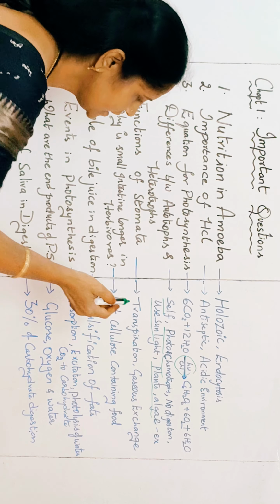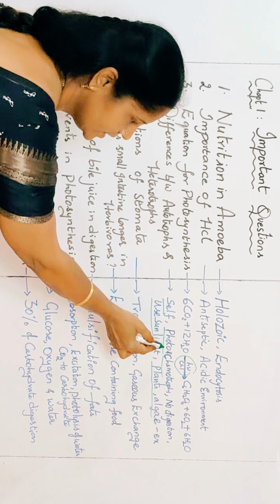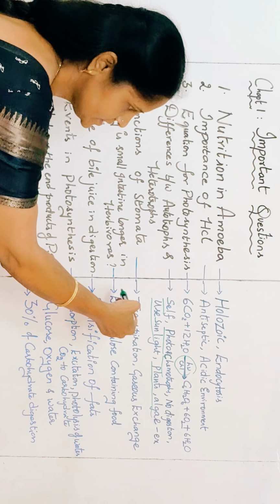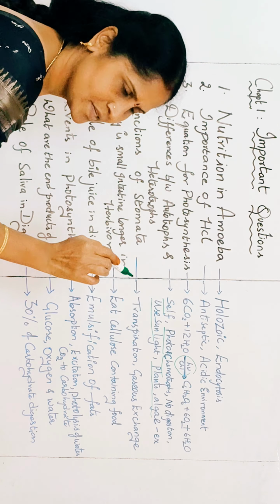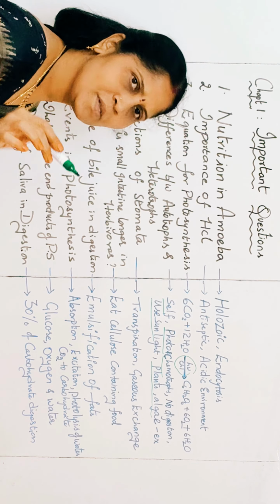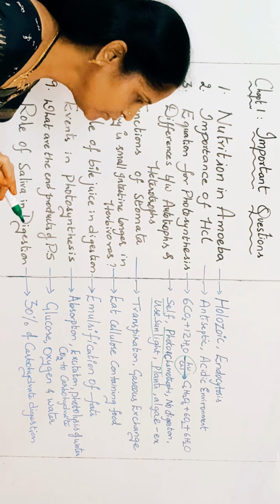So on the opposite side, you will write that they depend on others. They are parasites and saprophytes, heterotrophs. There is a process of digestion. They use the food as a source of energy, and examples are animals. So like this, you can finish off.